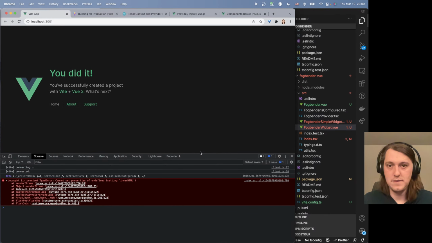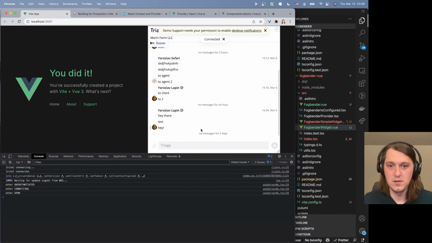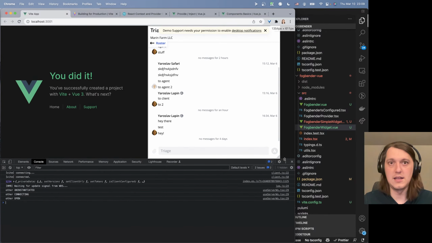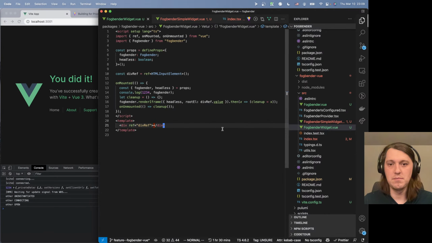And then redraft. I think hot code reloading is not really picking up everything, so that's why we see some of this stuff. Anyway,